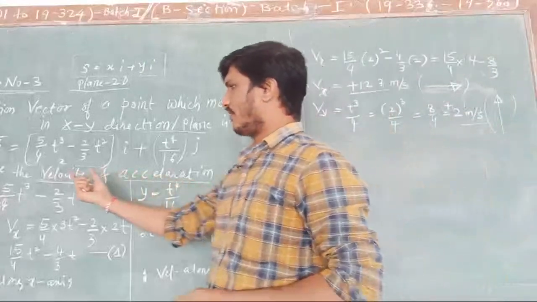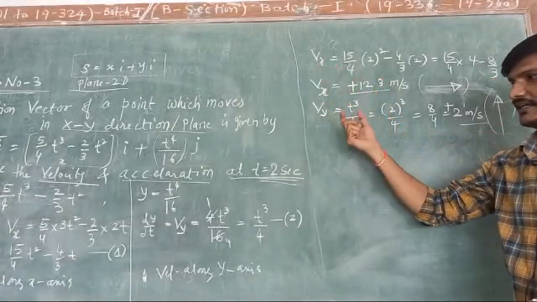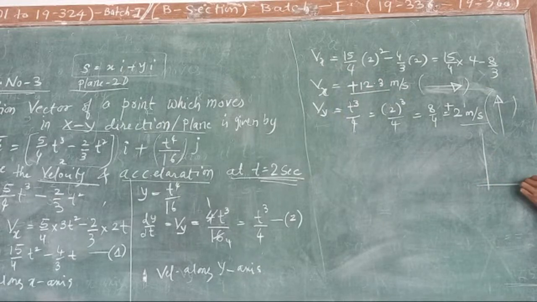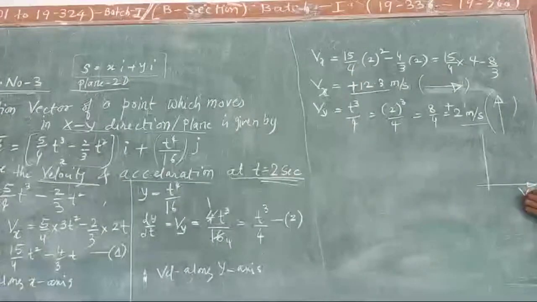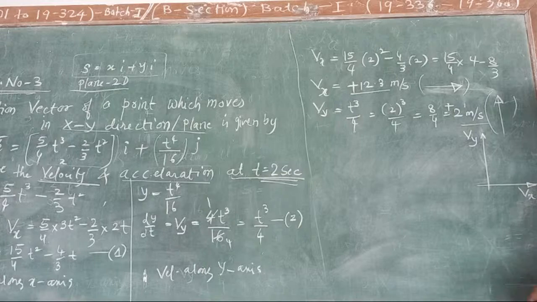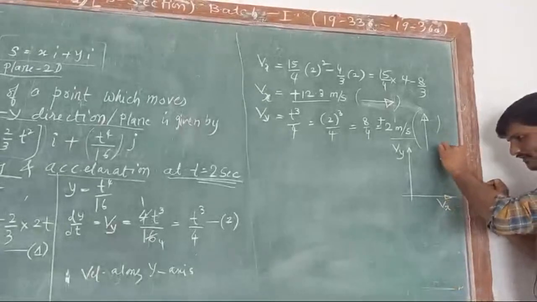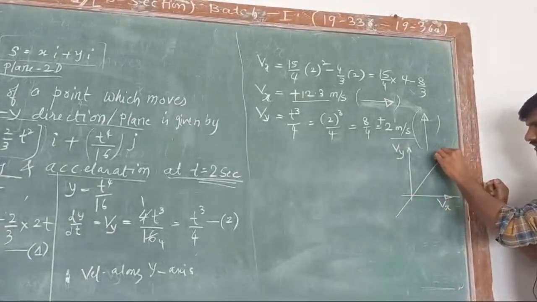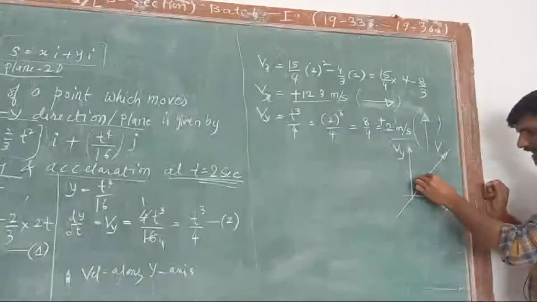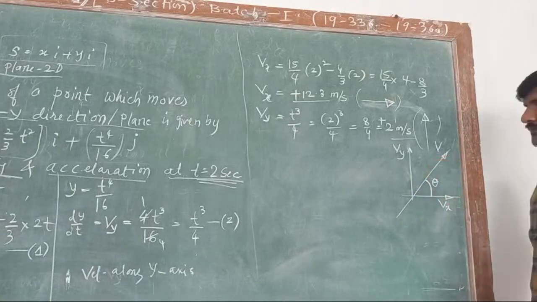Because you need to calculate the velocity. Okay, this is not the result, this is velocity in x and y. Let us explain how you will calculate the resultant velocity. So one velocity is moving along the x-axis, that is Vx, and one more is the velocity along the y-axis. Now let us assume the resultant velocity is in the diagonal. Let us assume V will be at a diagonal, and the angle of inclination let us take as theta. Theta is the angle made by the resultant velocity.